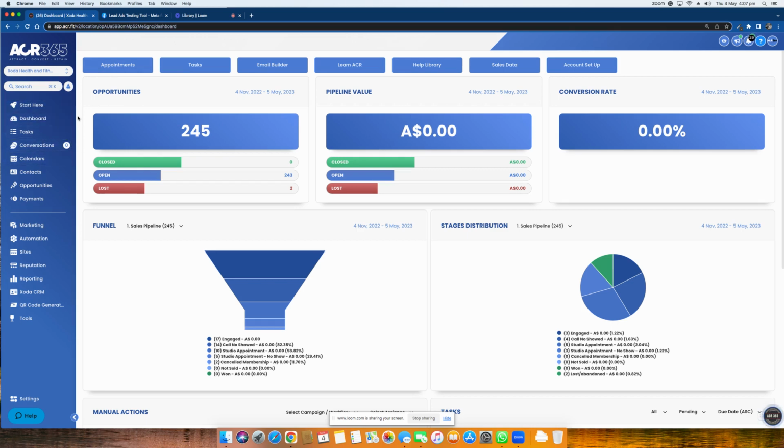happens when a lead is coming in or going through the whole process of setting up a Facebook ad. I'm not going to show you how you set up a Facebook ad, but I'll show you how you link the Facebook ads into the ACR platform, bring the leads in, and then manage that particular lead from opting in to making sure that we are nurturing them, contacting them using the sales prompts, and then booking them into an appointment, and then going all the way through to see exactly how this particular lead will react based on different